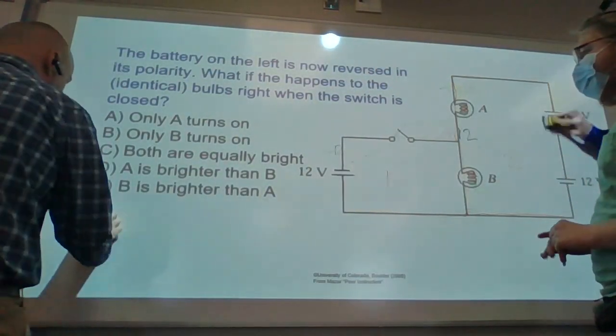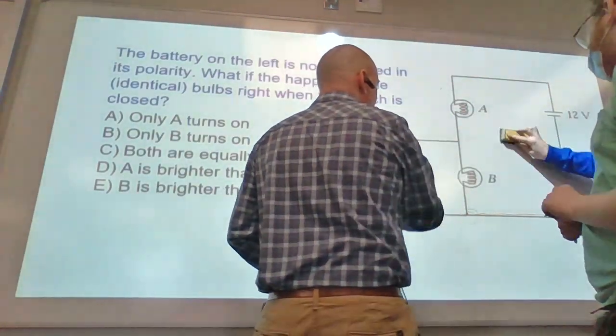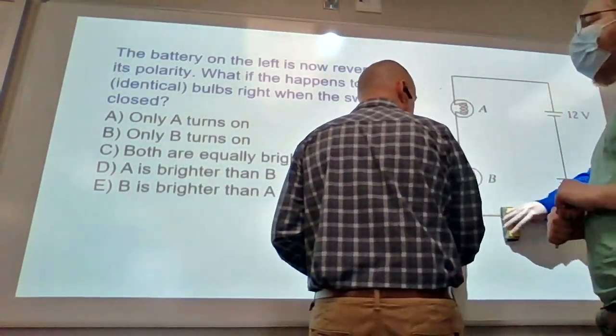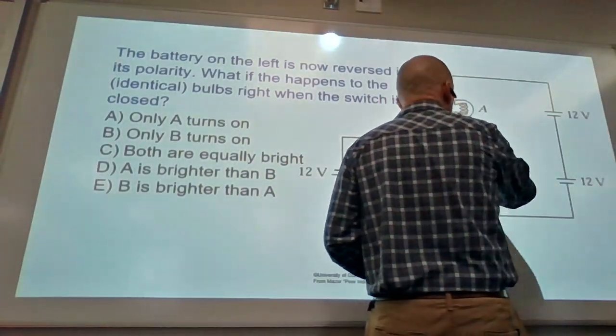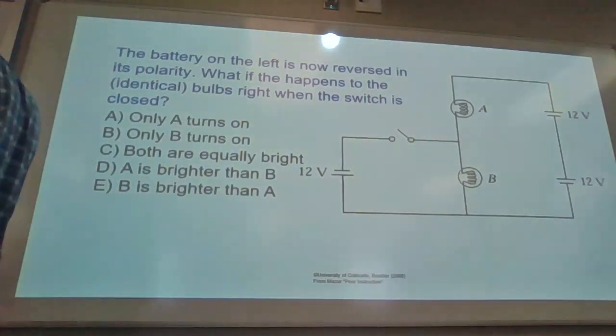So what votes are on? Well, I guess it doesn't matter. Okay, I'm gonna say A has to be brighter than B, or B turns off. It's one of those two. Okay, A is brighter than B, and that is technically true if B is off. Okay, here we go.